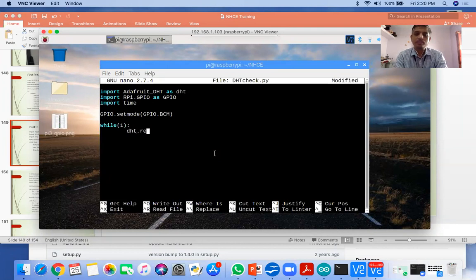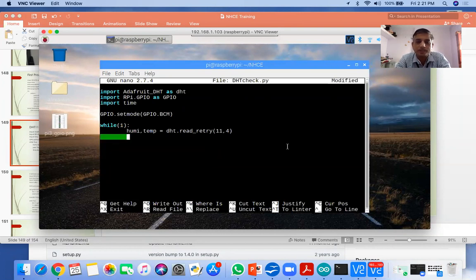There is a function known as read_retry, which takes two arguments. The first one is which DHT you are using, 11, and the second is the pin where you connected your DHT, so GPIO 4. I have connected it to GPIO 4. This function returns two variables: first is your humidity, and the second one is your temperature. So we are getting humidity and temperature from this function.